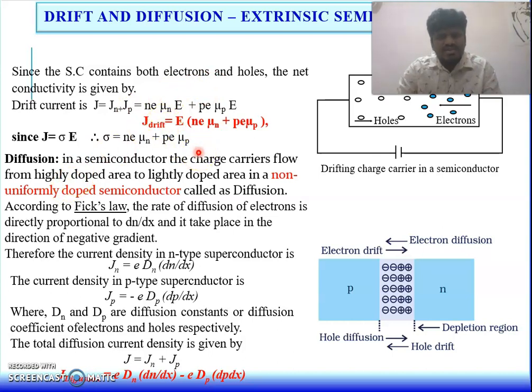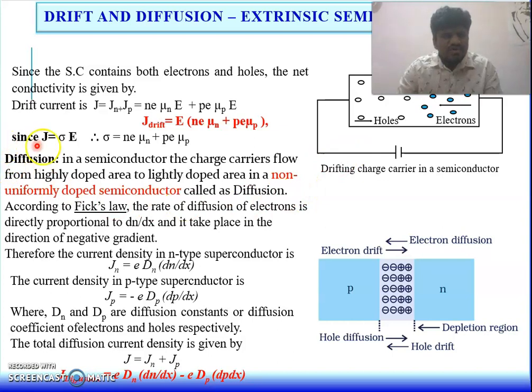This we already discussed about the electrical conductivity of extrinsic semiconductors, because we already know that in an extrinsic semiconductor the flow of current is due to both electrons and holes. Here the applied voltage acts as an external force for the flow of electrons and holes in one unidirectional way. That's why it is called drift, an additional force acting on the carriers.